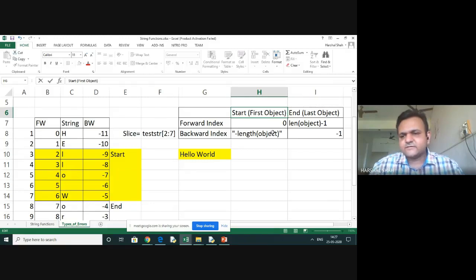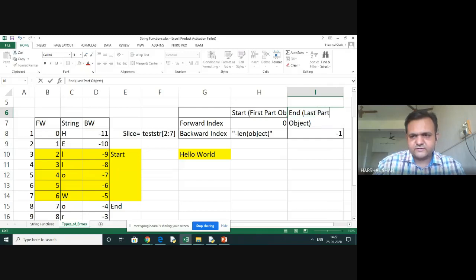So this starts at 0 and ends at -1. This starts from the length of the object, the entire object. You can say this is the first part, and that is the last part.